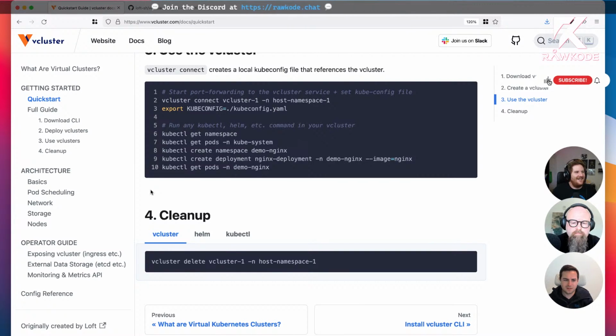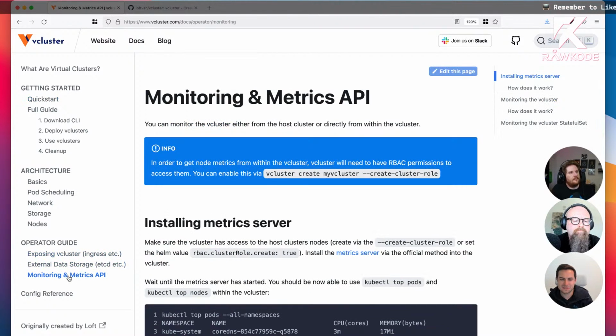Maybe just a quick shout out to what Fabian has been working on, our CTO at Loft Labs. He's been spending a lot of time on this. You see that there, the operator guide, monitoring and metrics. He's been spending a lot of time on actually making things like kubectl top work. So essentially, having the capability to deploy a metric server inside your vCluster, and then hook up monitoring via Prometheus